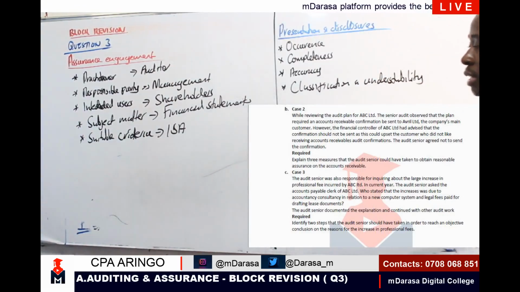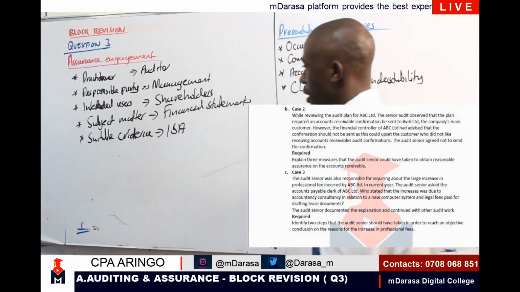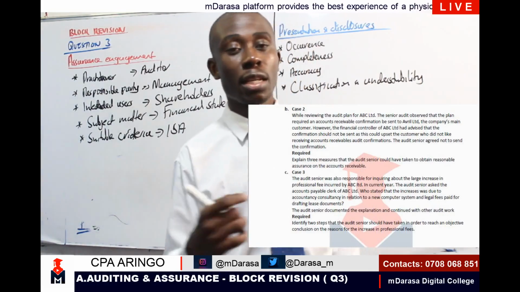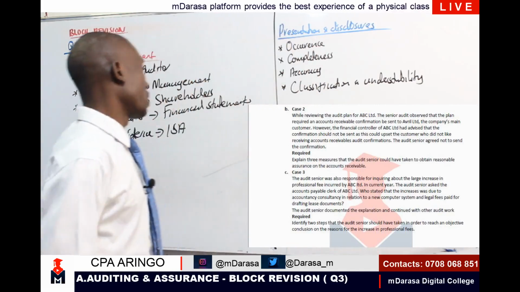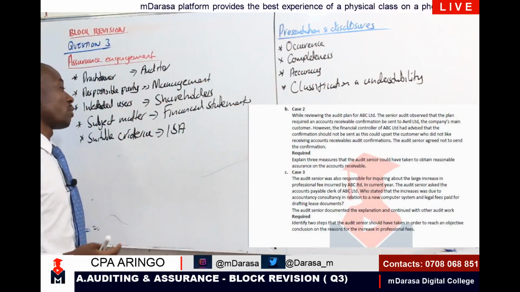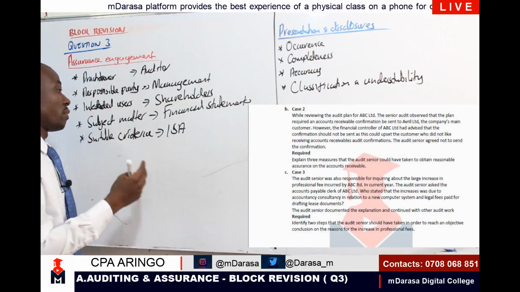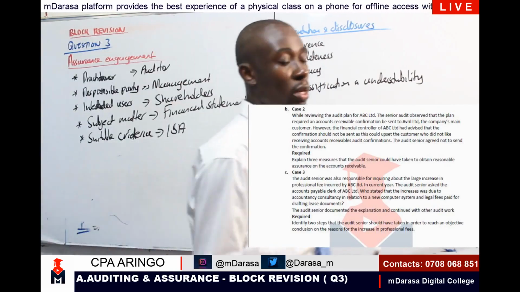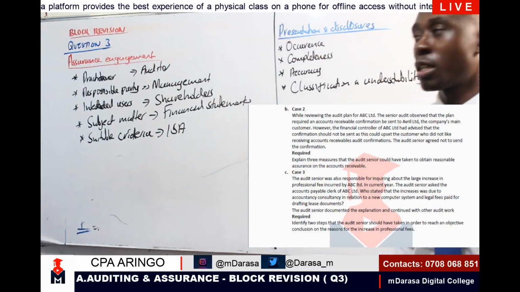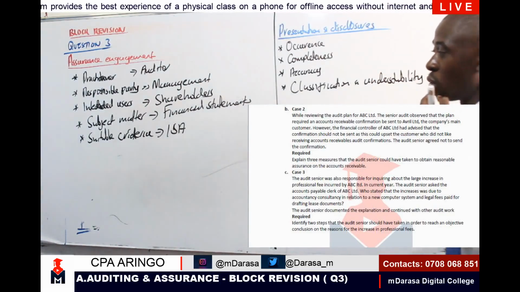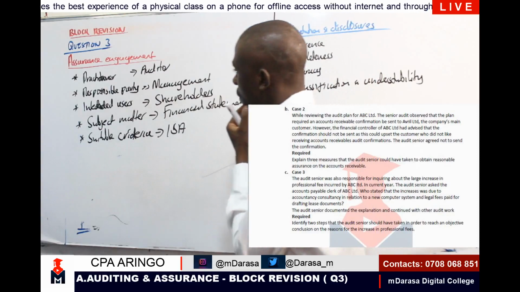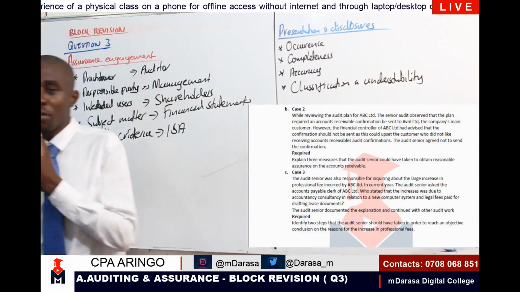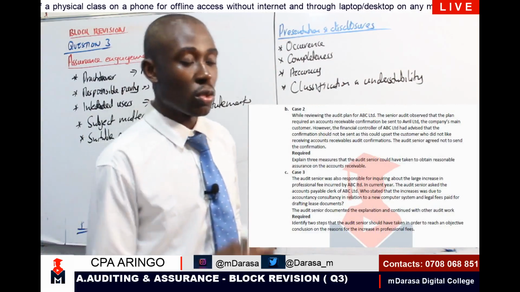So looking at this case, my good students, you'll find that this manager was of the opinion that I should not send circularization to the debtors. And you find that that will form a very fundamental item whenever you want to give an opinion on the true and fairness of the financial statements that has been obtained. So at this point, in the event that that has been refused, number one, what we should always consider to do is